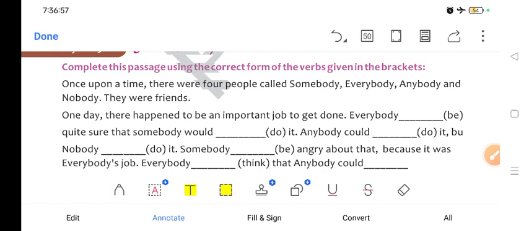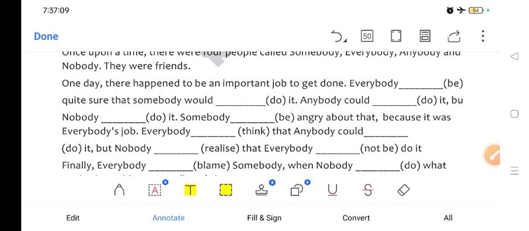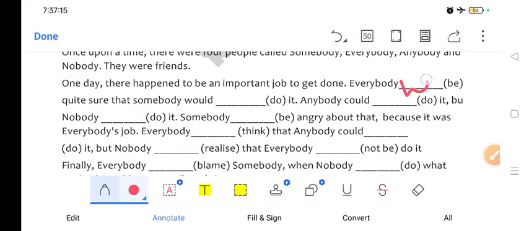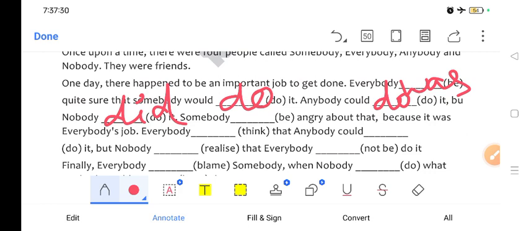Now critical thinking. Let's read this passage. Once upon a time there were 4 people called Somebody, Everybody, Anybody, and Nobody. They were friends. One day, there happened to be an important job to get done. Everybody was quite sure that Somebody would do it. Anybody could do it, but Nobody did it. Okay? But Nobody did it. Somebody was angry about that because Everybody had thought